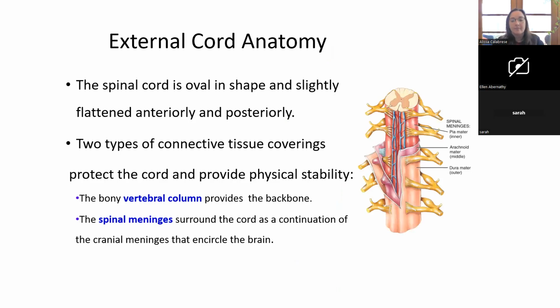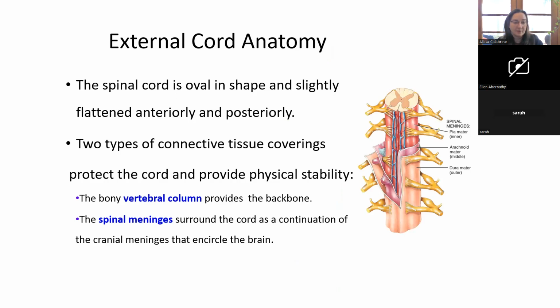So the spinal cord and the brain itself are going to be covered in protective layers called meninges. All right, so meninges are basically like layers of connective tissue that cover both the brain and the spinal cord